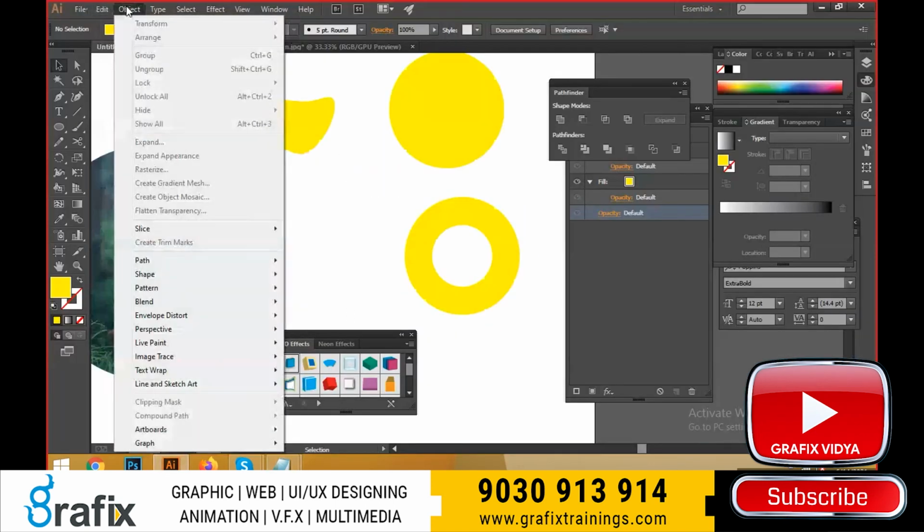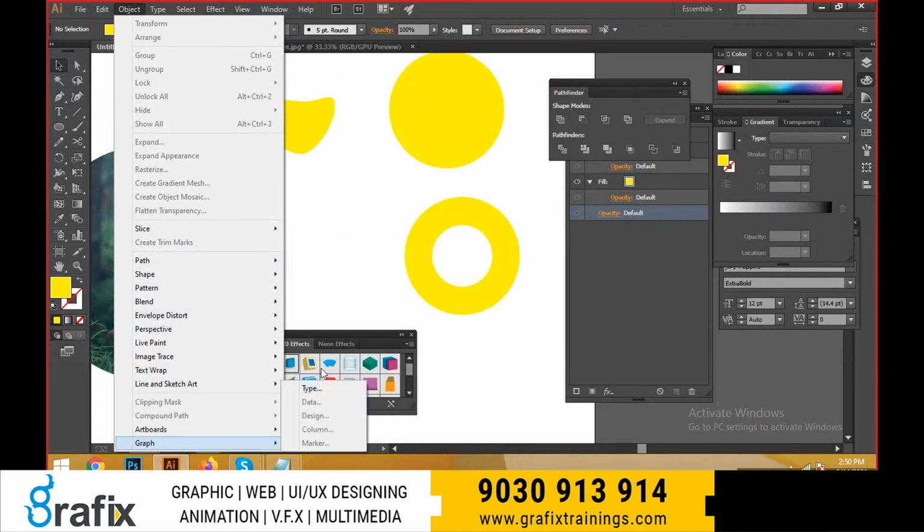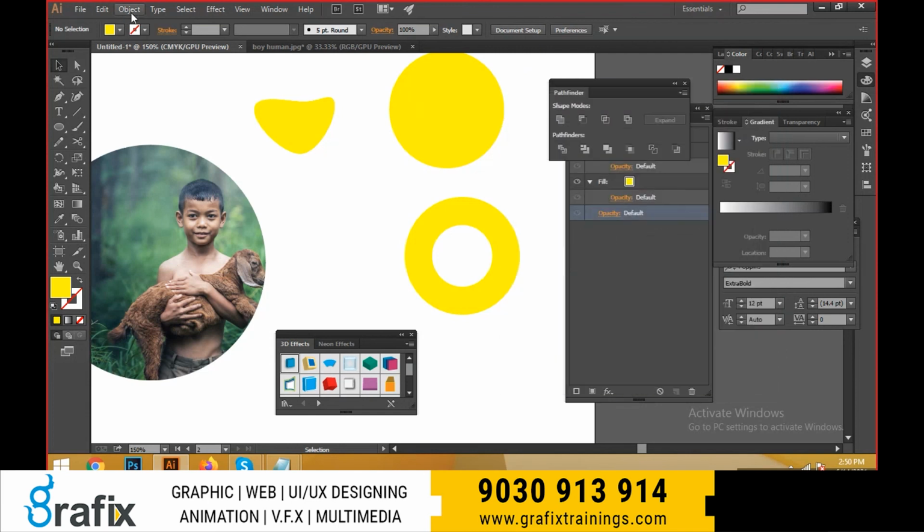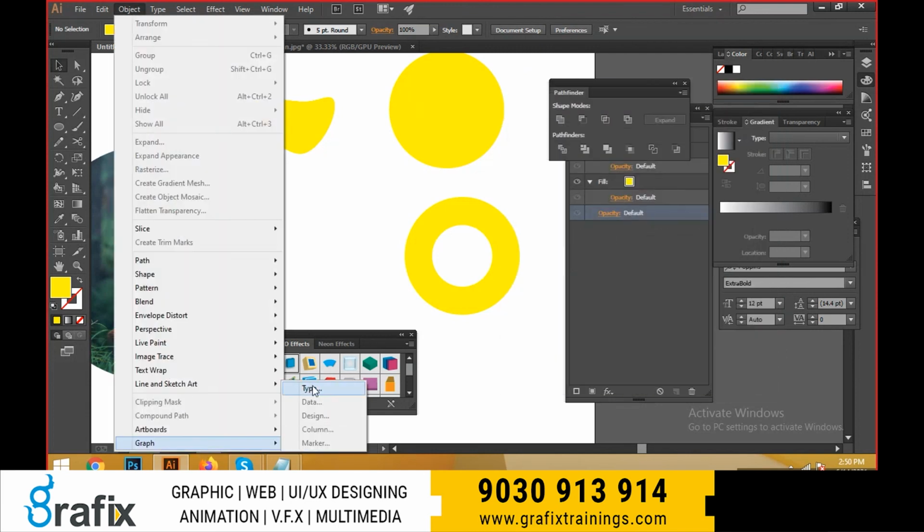That is the object menu. In object menu also, we already created a graph, guys. In graph, we have seen all the options in the graph format. The settings we can generally get when taking this graph in here, right click, go to the type, but directly we have an option here, graph type options.